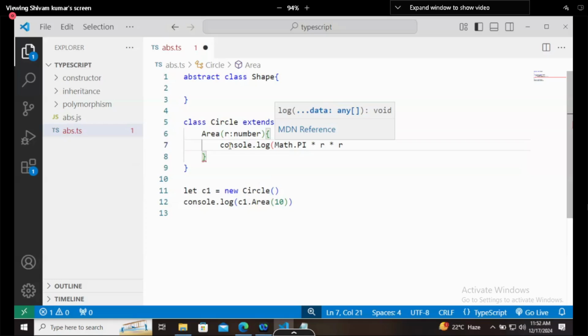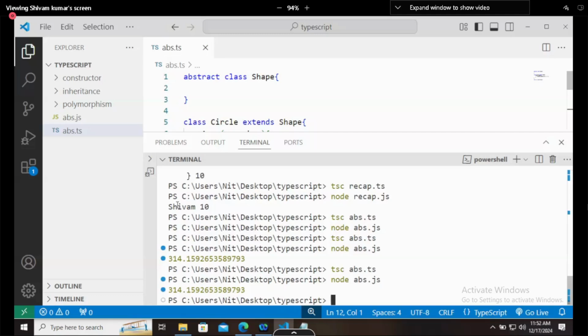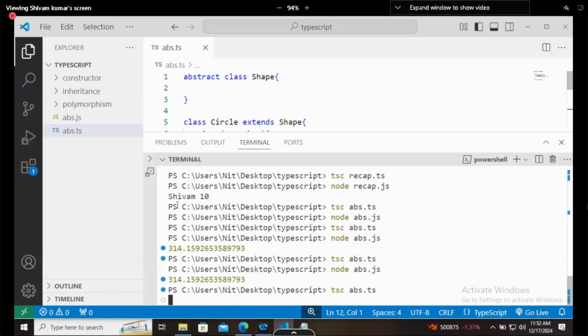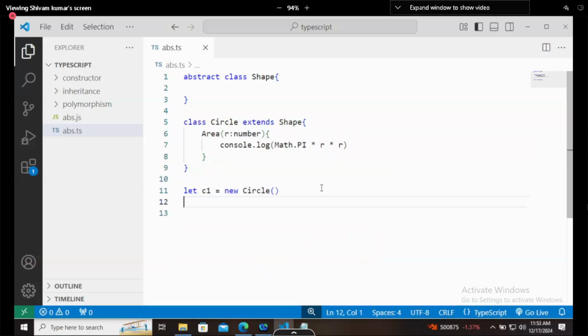console.log. What is the one other command that we use instead of console.log? document.write. And this is done. And now it is not printing anything here, right? Why is it not printing anything? Because we are not executing the area now.